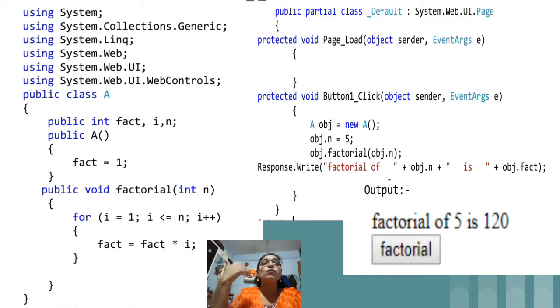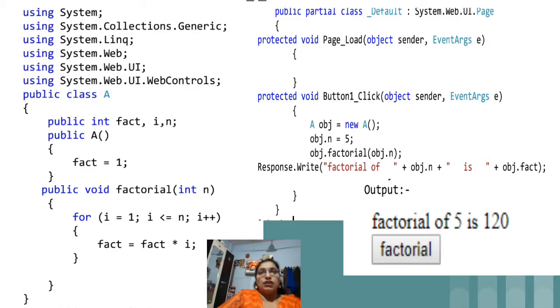So we will come out of the loop. Out of the loop, what is there? The class is there, and the further code will get executed. But before going out of the loop, the last value which was calculated is nothing but 120, which is the factorial of 5. So this is the logic for calculating the factorial function.